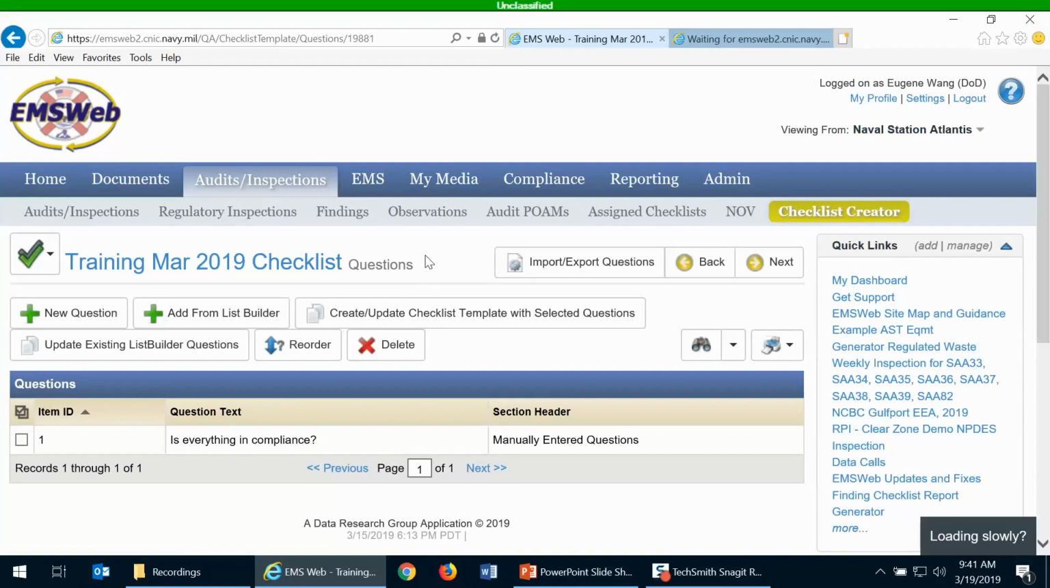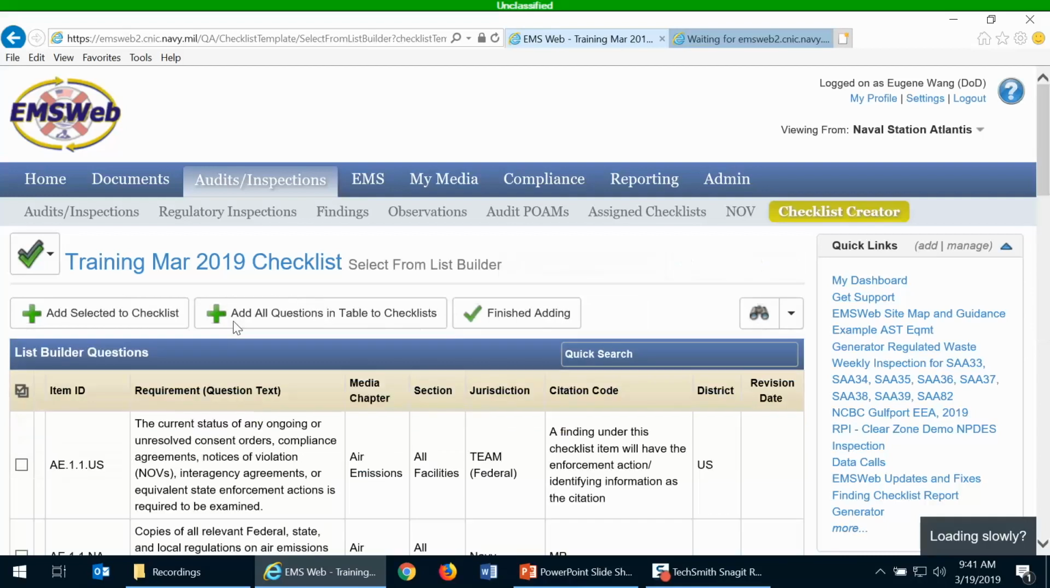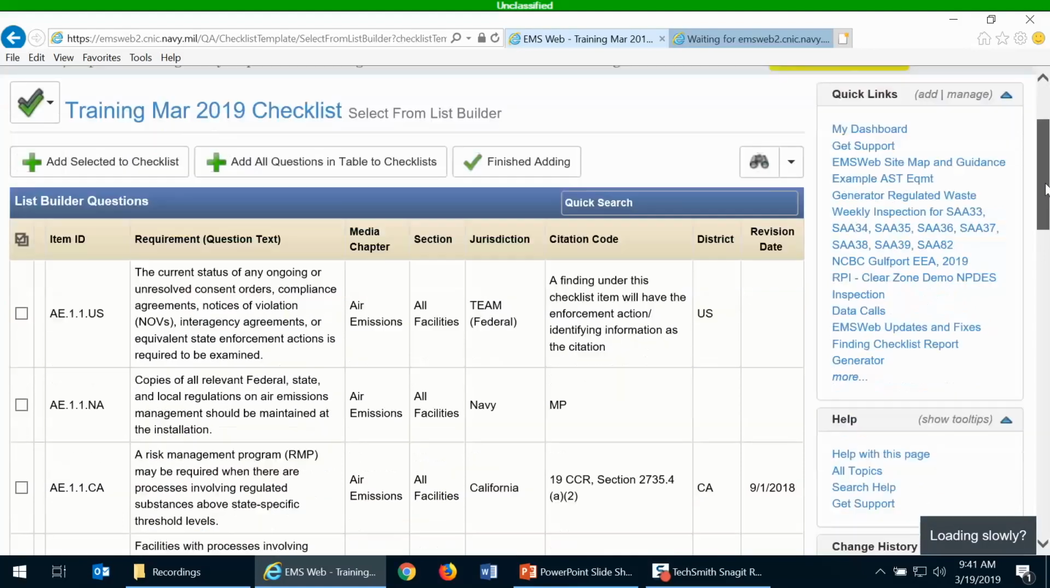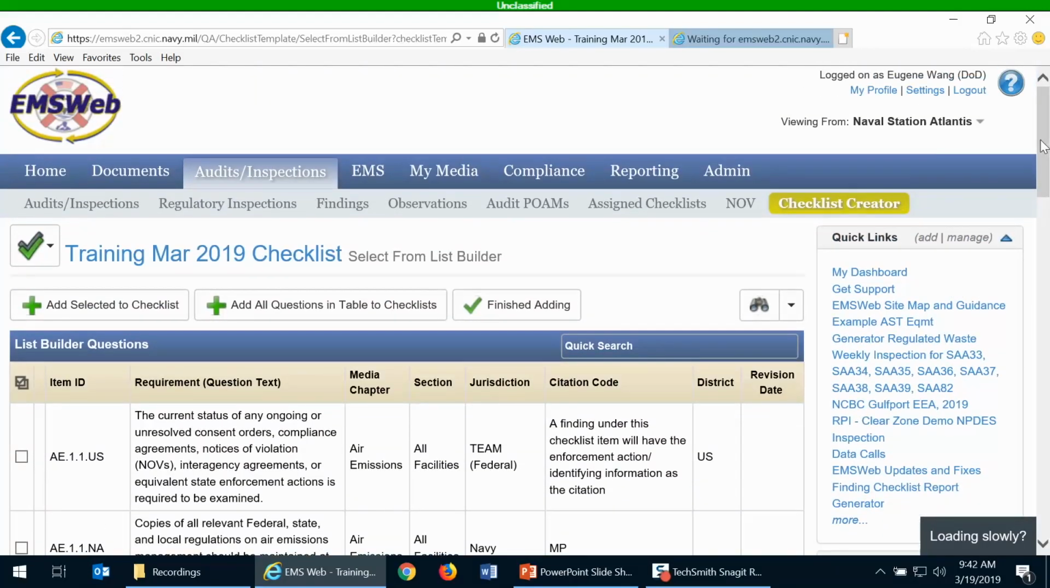The other way of adding in questions is to use the list builder. So a lot of you will be using this functionality. So if I click Add from List Builder, this is going to take me to the part of EMSWeb that interfaces with all of the List Builder questions. So this is maintained by a separate web application, and so the Navy pays that entity funding every year so that these questions are updated for Navy-specific regions and